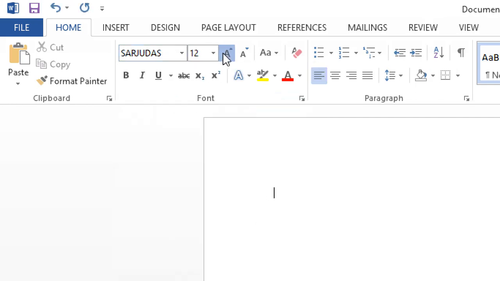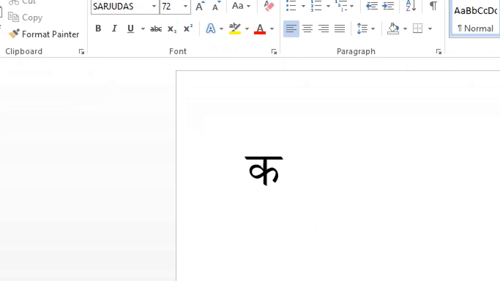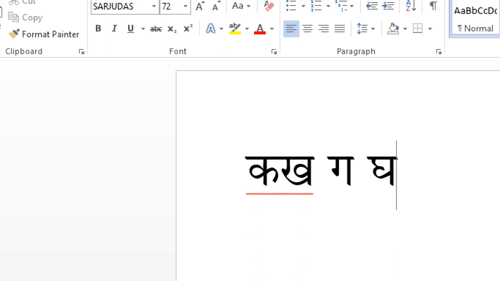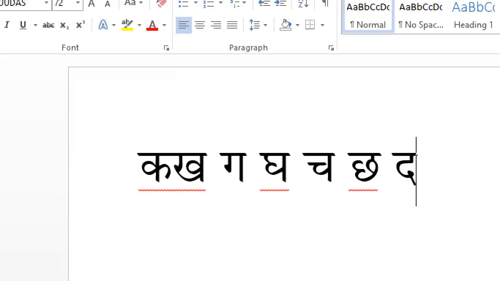When I press K, it will come K. Shift and K, it will come a different K. G means G. Shift and G means a different G. C means Ch. Shift and C means a different Ch. D means D. M means M.